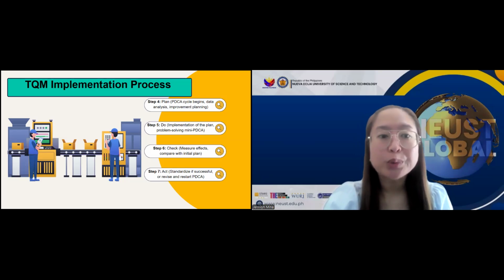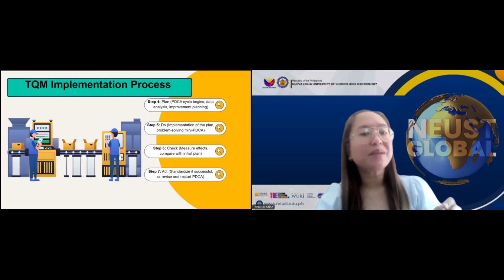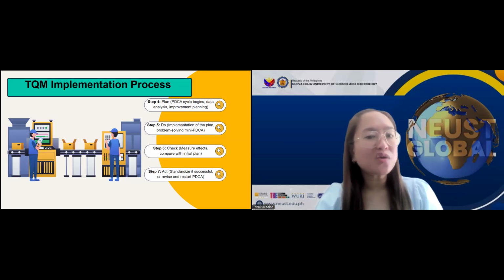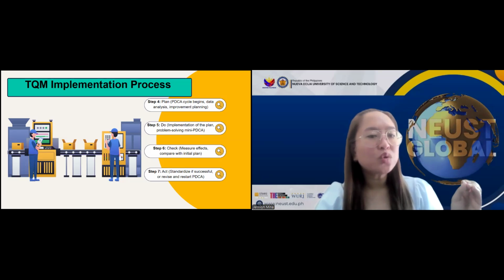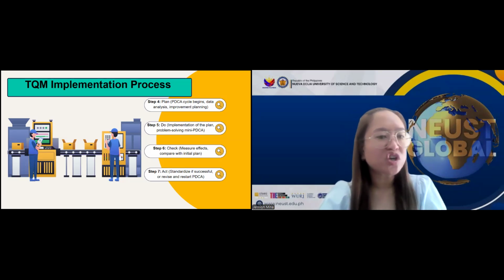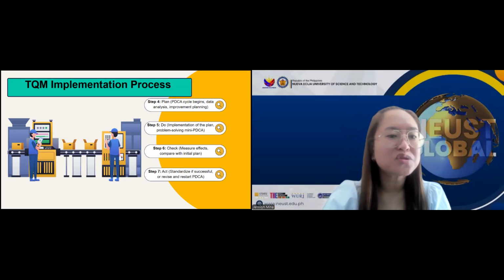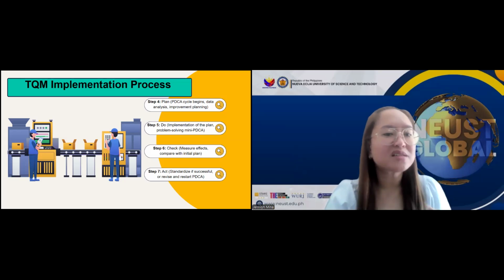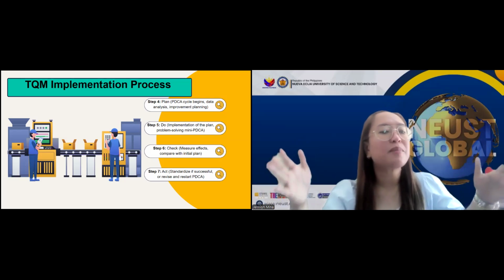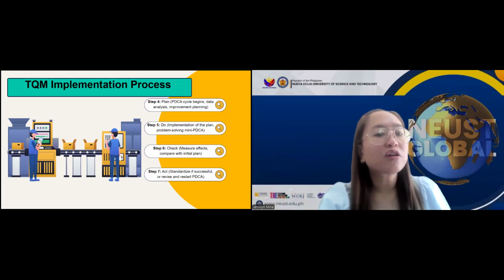Step 5, do, implementing the improvement plan. Once a quality improvement plan is developed, it is put into action. If any challenges arise, the mini plan, do, check, act cycles can be used to adjust the process. For example, McDonald's introduced automated self-order kiosks in response to long wait times at the counter. They first tested the kiosks in a few locations, made small adjustments, then expanded them worldwide after confirming their